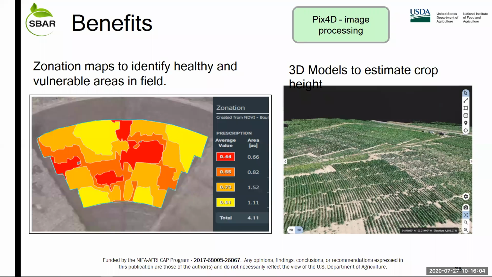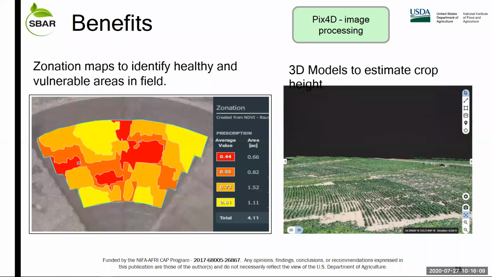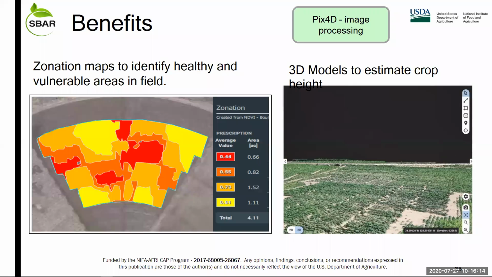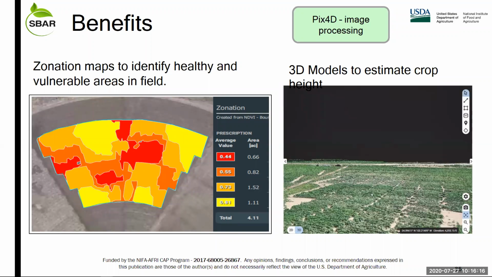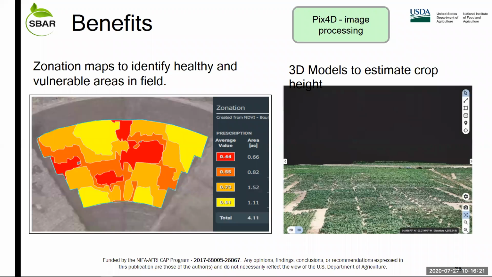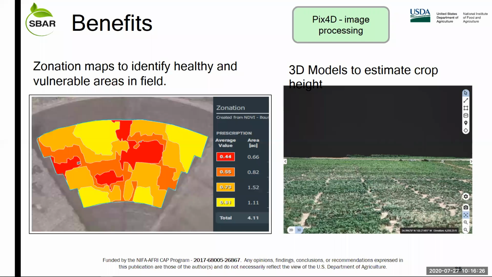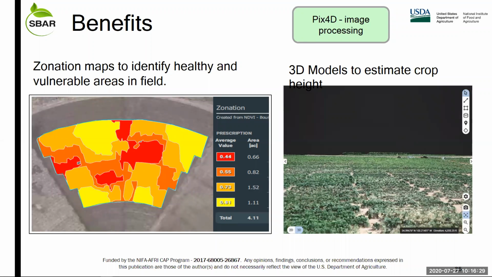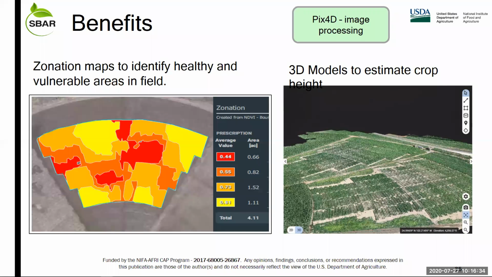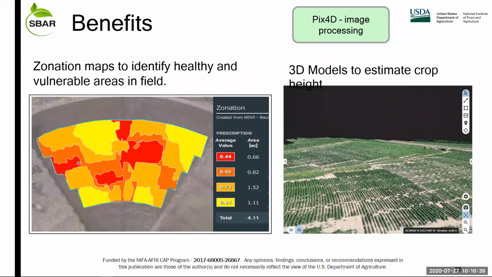The left side is showing a zonation map, which could be very useful for farmers, where you can evaluate your field and try to figure out which zone is prone to stress and which zone is healthier. On the right side, this is a 3D model which I developed to estimate the crop height, because some of the crop height data was not measured in the field. So using remote sensing is a very good way to still extract the data from the field. In the next slide,